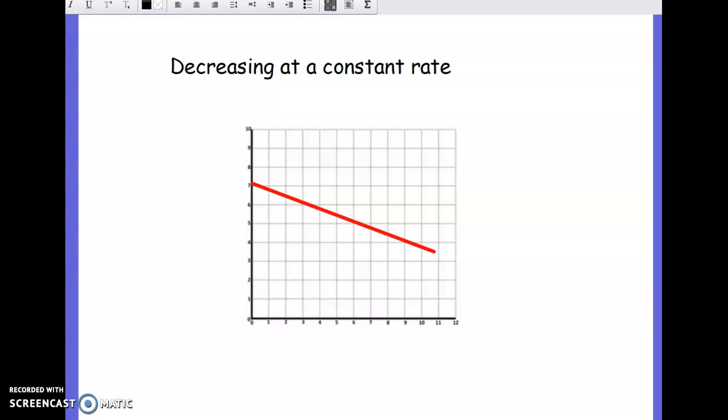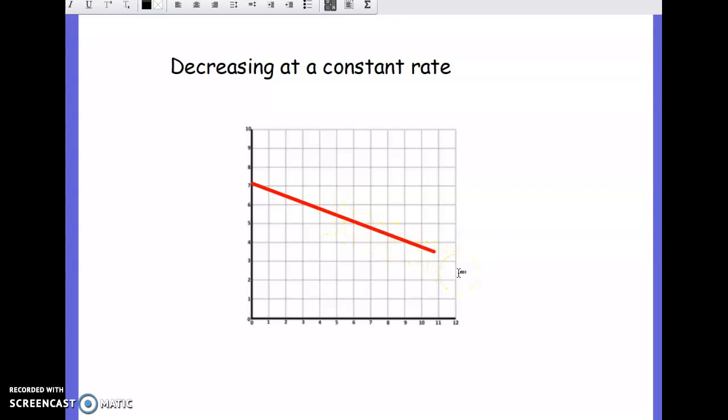Hi everyone, I decided to make this quick video to clarify how to describe certain graphs based on how they look. So the first one I have here is decreasing at a constant rate. So we've learned about this before, and it's basically a straight line that has a negative slope. Remember, you always read a graph from left to right. So from left to right, I see that I'm going down